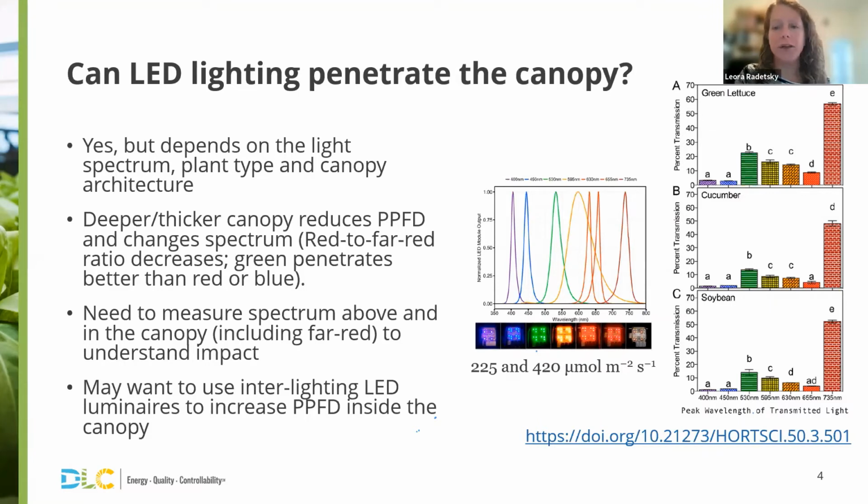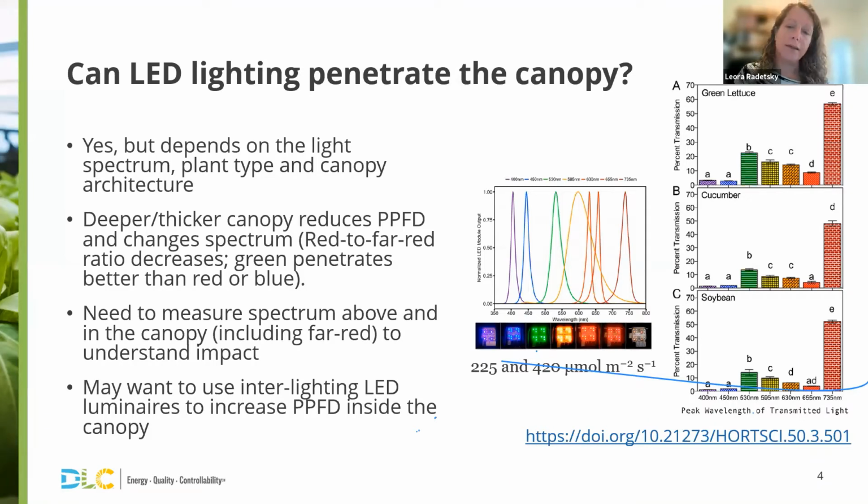And so the only way you're going to know this is if you measure. So, it's really good to take your quantum sensor, your light meter, and to measure at the top of the canopy. That's what we typically do in design, right? To actually measure in the canopy, at the bottom of the canopy, so that you understand not only your PPFD, but also your spectral composition. And in this case, I think it's really important to also measure far red, not just the PAR wavelengths, so that you understand exactly what's happening to the plants down below.